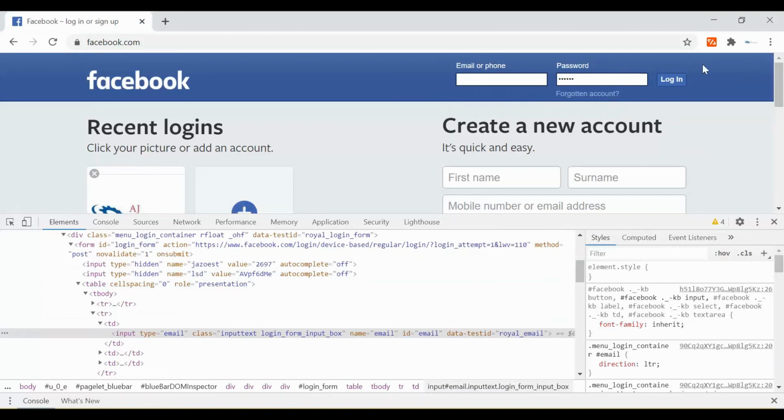That is the ideal condition. But in a real-time application, it may happen that two fields have the same id, or two or more fields are represented with the same class. At that time there will be multiple matches, and you will not be able to locate your web element uniquely.